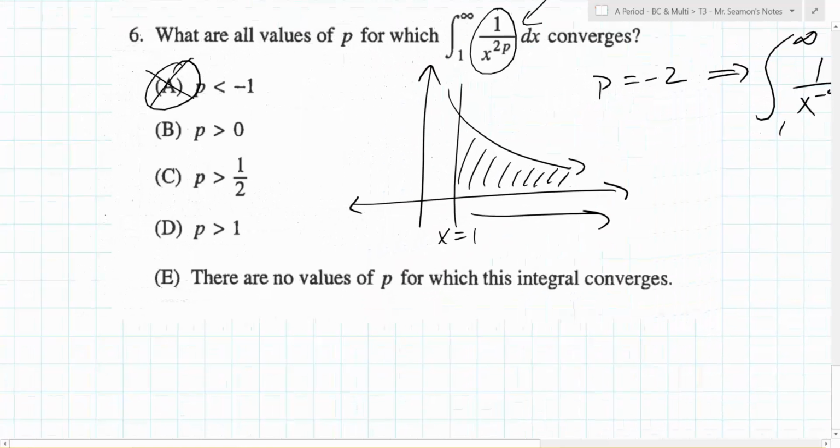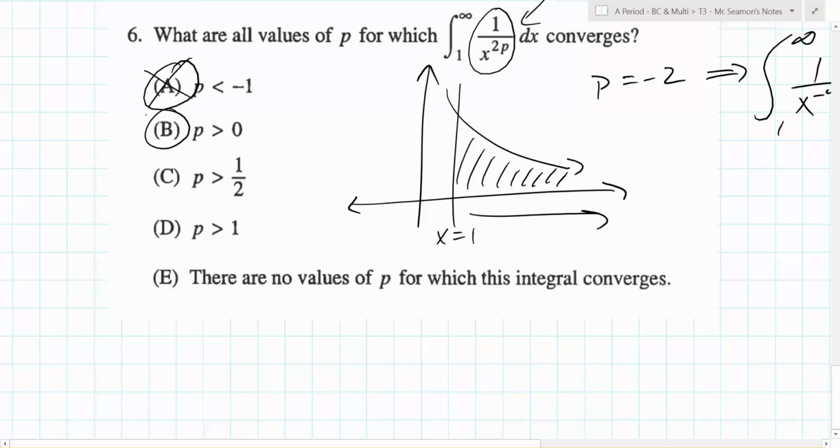Well, let's go even better here. Let's look at b. If p is greater than 0, let p equal a half. What happens if p is a half? What do you get? Does that converge? We know it doesn't, right? So it definitely can't be this one, right? So now you're down to definitely guessing. 10 seconds of analysis, definitely guessing. So let's look at the